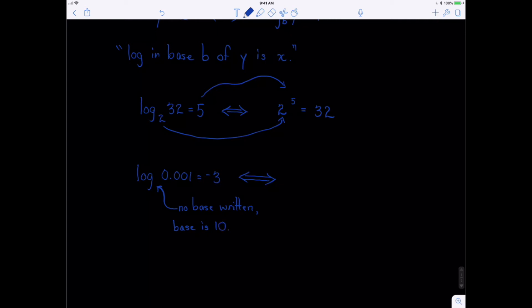So what this means is, remember, the -3 is going to be an exponent on something. I have a -3 and a base. Well, we just said what the base is. It's implied to be 10. And we know that that has to give us what we're taking the log of, which is